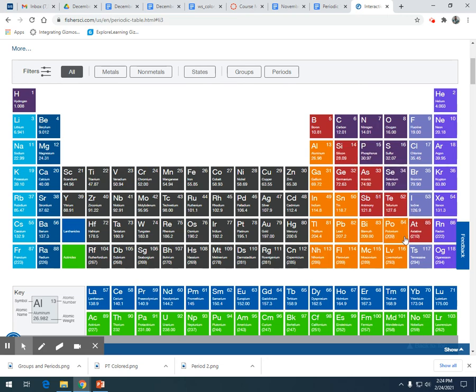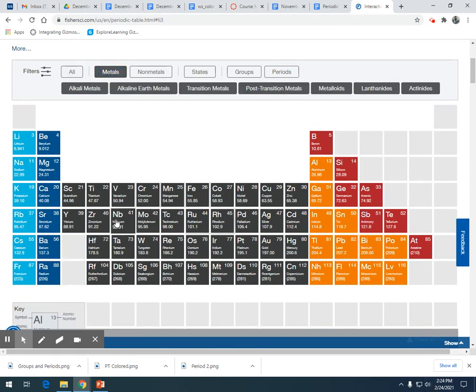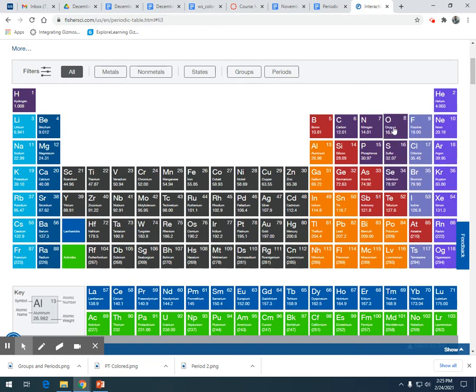And anything to the left of that stair-step line, so everything over on this side, is a metal. Click the metals button. Here's all of them. Metals are anything to the left. Technically, some of these metalloids are considered technical metals, although they're not in the truest sense fully metals. Anything to the right of this stair-step line